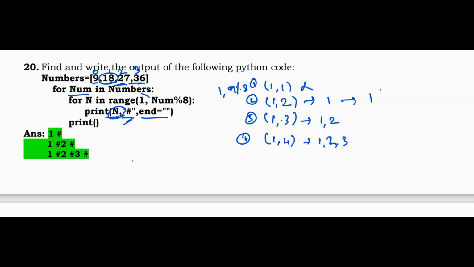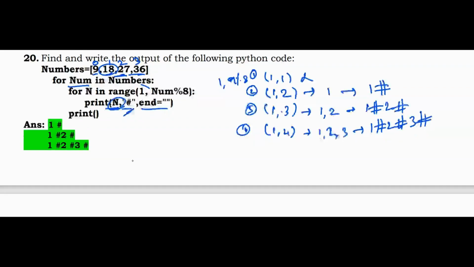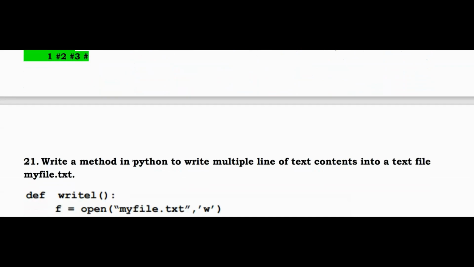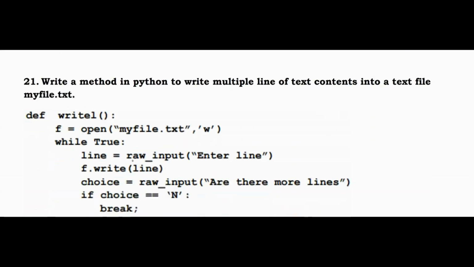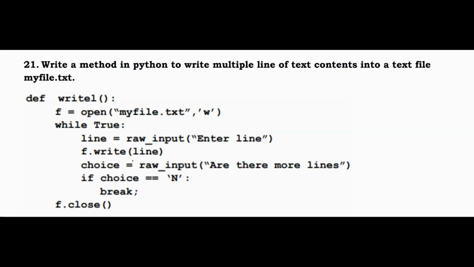So you should write 1 hash. Okay, after that 1 hash, 2 hash. And after that 1 hash, 2 hash and 3 hash. Understand? So this is your answer. In this way this problem is getting solved. Hope all understand. So the next question, write a method in Python to write multiple lines of text contents into